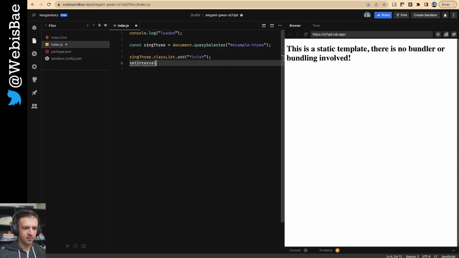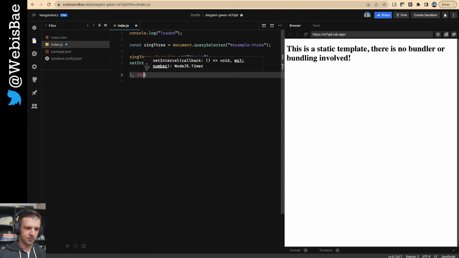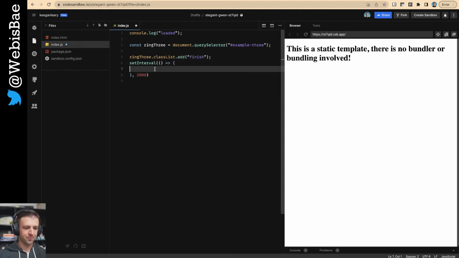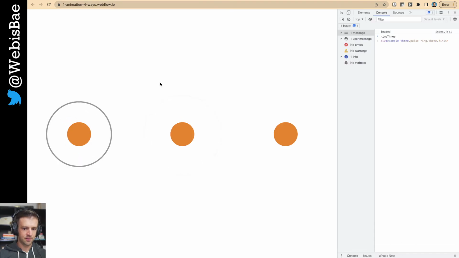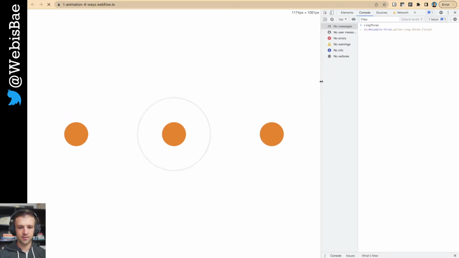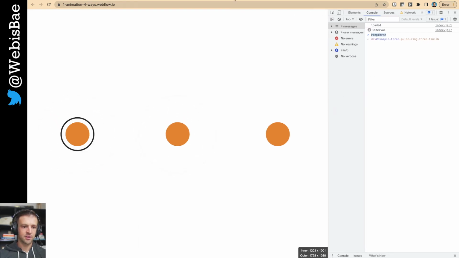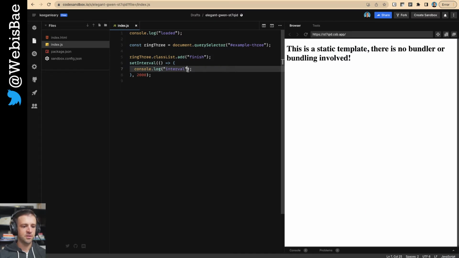JavaScript has this setInterval function, and it takes a callback function that runs once the interval is complete, which will add 2000 milliseconds. Let's say console.log interval. Save that and reload. And now in the console, you'll see every 2 seconds it'll log interval there. Okay. So what we want to do is every 2 seconds remove that class of finish and